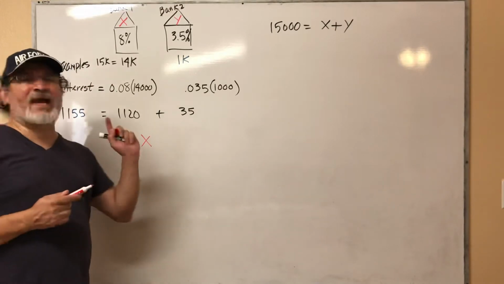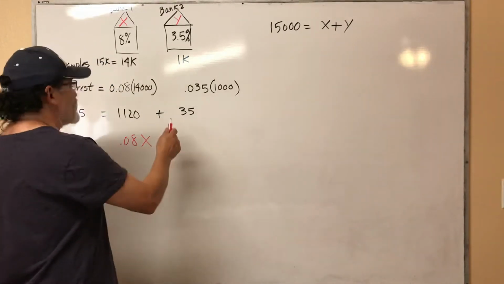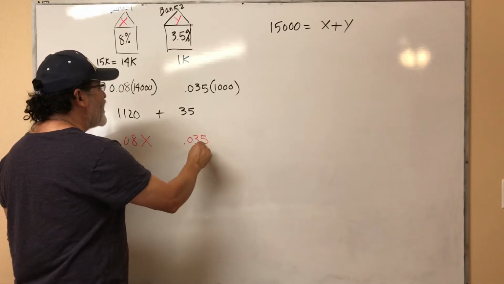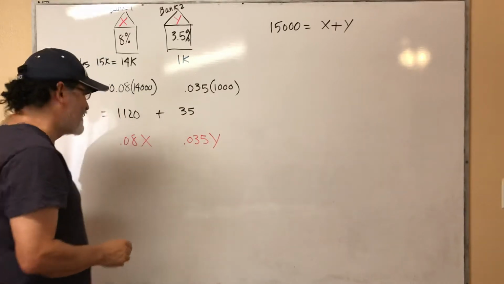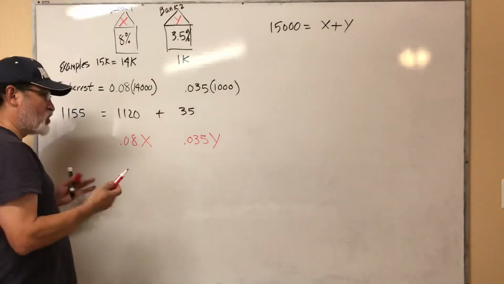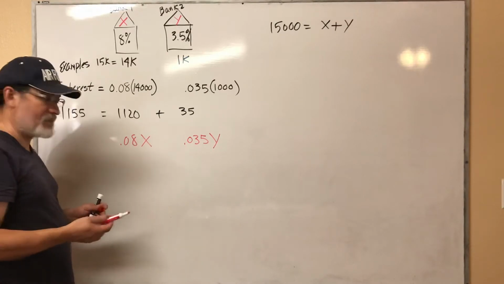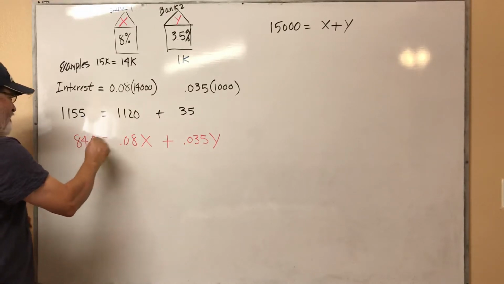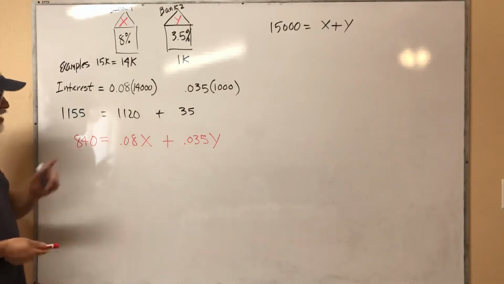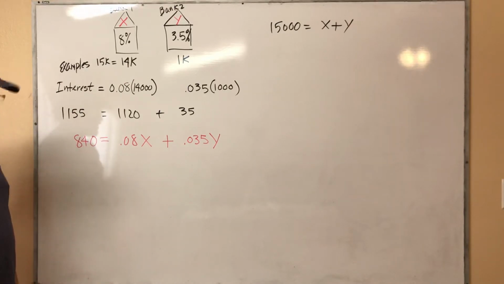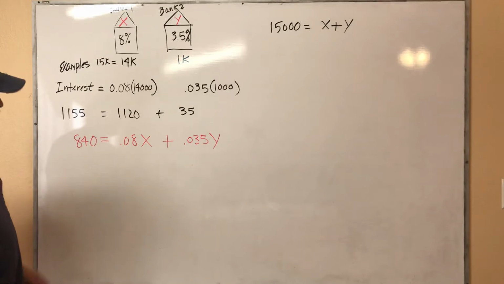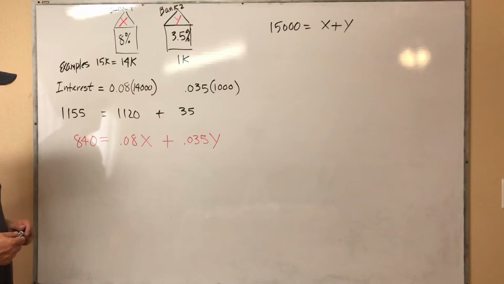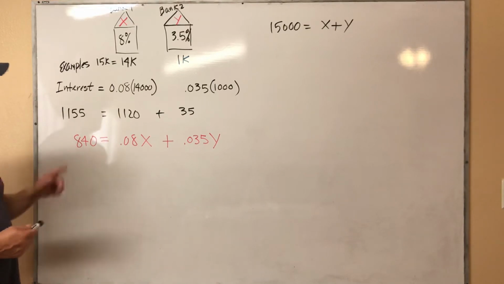What is the interest from Bank 2? 0.035 Y. Now they said that the total interest earned from both accounts is 840. And there is our other equation. Okay? This is another equation that we're going to use. Okay, no problem. So therefore, 840